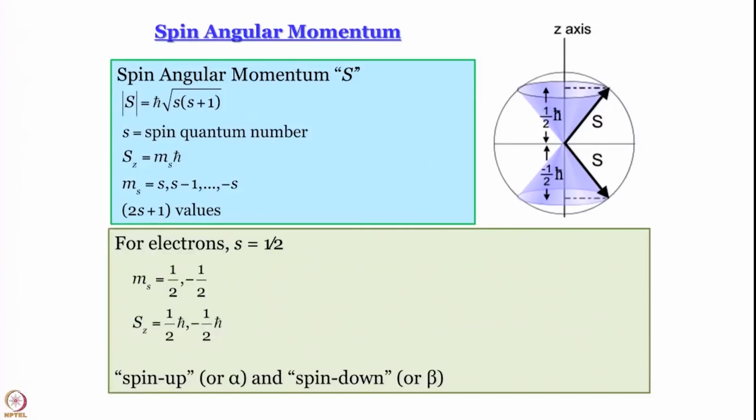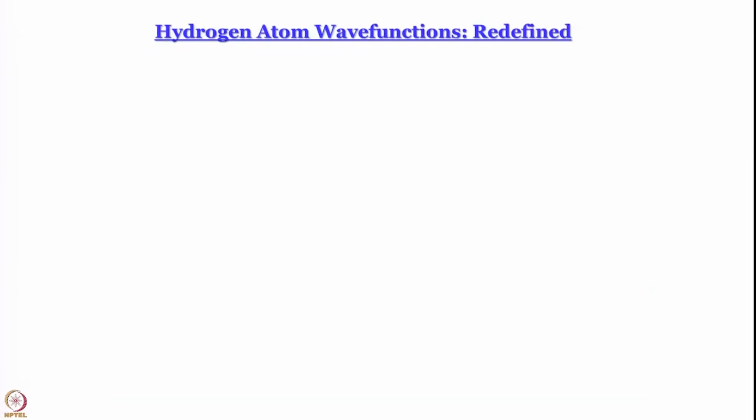Now for electrons, spin is half. This is another common source of error. Please remember, for electrons spin is not plus half and minus half, those are Ms. Ms is plus half and minus half. Spin is half. What does spin designate? The length of the arrow. What do this plus minus half designate? Whether the arrow is pointing up or down. We will talk about spin at greater length in the next module, but for now let us conclude here